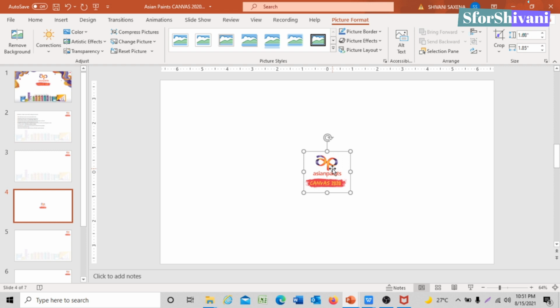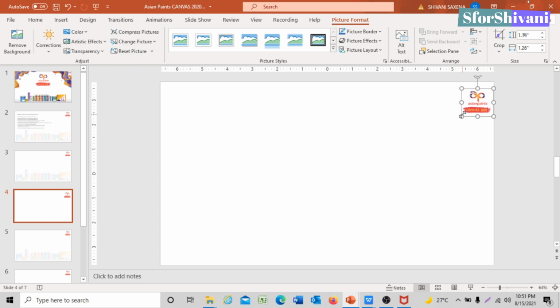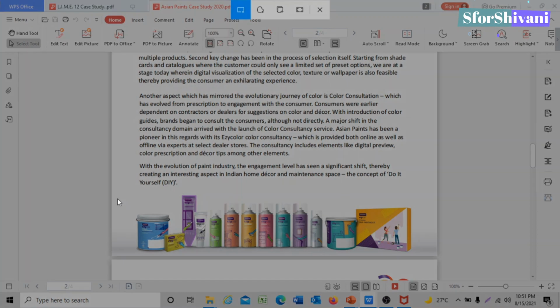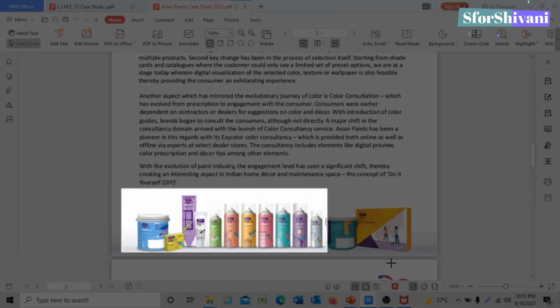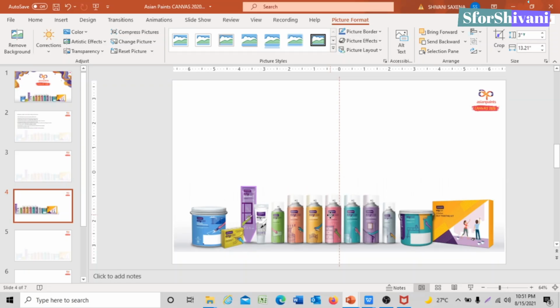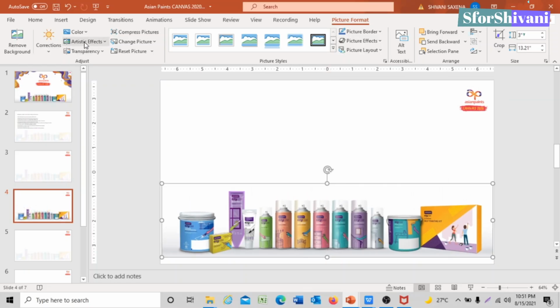And you can also add your college's logo on the left hand side as you wish. Now what we'll do is we'll go back to that brief and we'll take a screenshot of the product range that they have shown. And I'll paste it here. So it's just a simple logo, product, and the heading that you want to write.